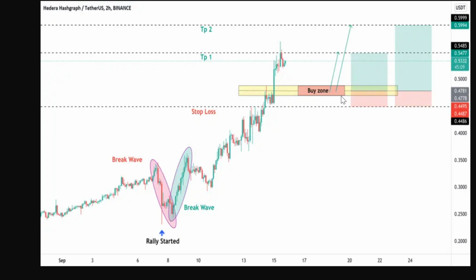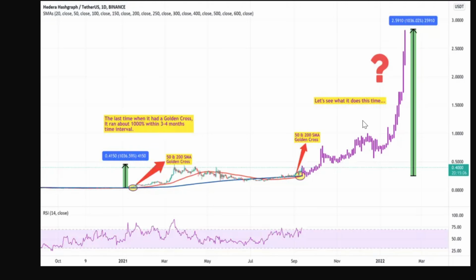Now, the buy zone: we are now in the buy zone. We're literally in the buy zone right now. I don't think we're too far away from the bottom, but where can we go from here? That is the major question. I think throughout this run, from where we are today with the price that has dropped, we can 10x. I think we can get very close to 10x and go towards $3. That is how much momentum I believe is building up for Hedera Hashgraph.